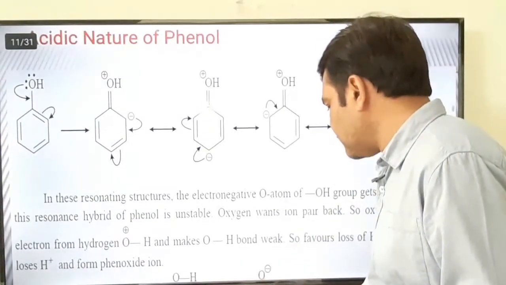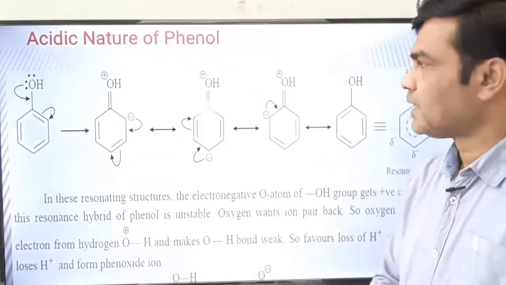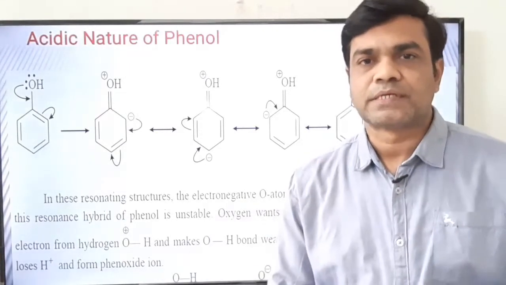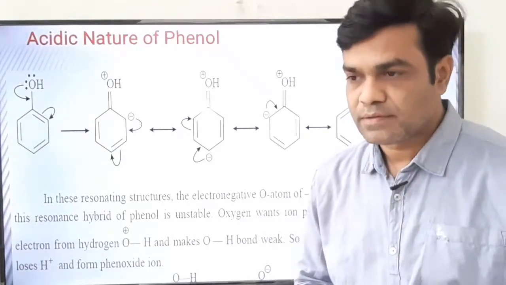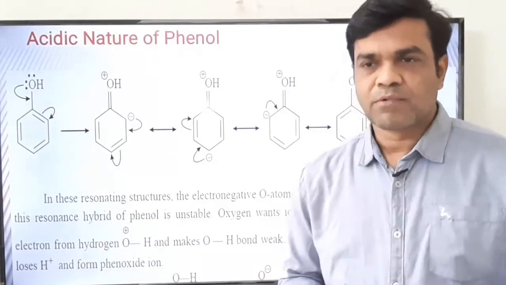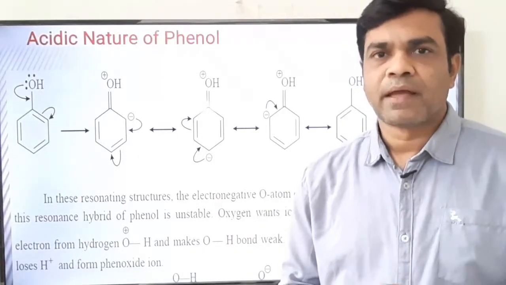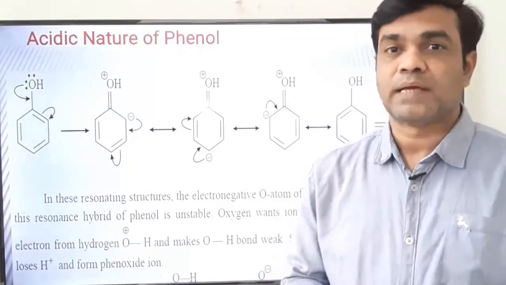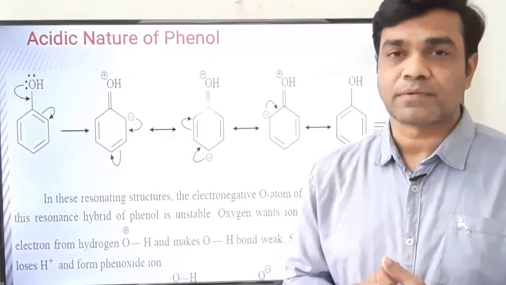Okay, now it is very interesting to know why the phenols are acidic in nature. What is meant by acid? According to the Lowry and Bronsted concept of acids and bases, the compounds which donate a proton, that is H positive ion, are called acids. It is well known that carboxylic acids are acidic in nature because they donate H positive ion, that is proton, and get converted into carboxylate ion. So according to the Lowry and Bronsted concept, phenols are also acidic in nature. It means they donate the proton. Phenol donates the proton, H positive ion.